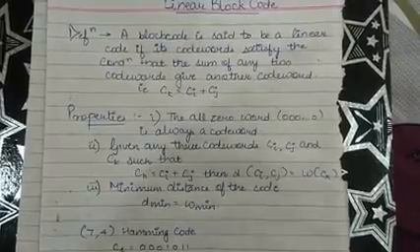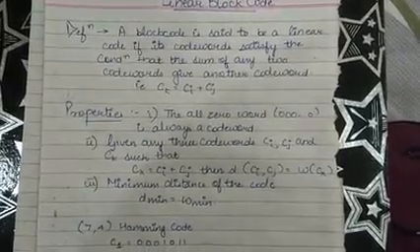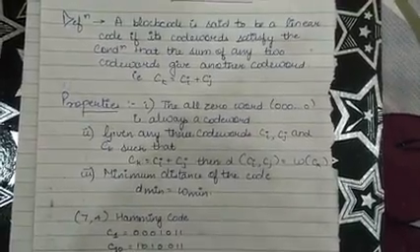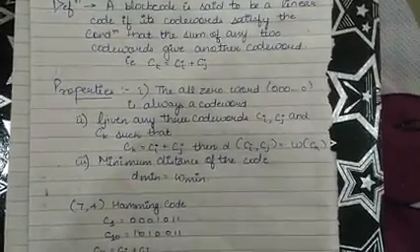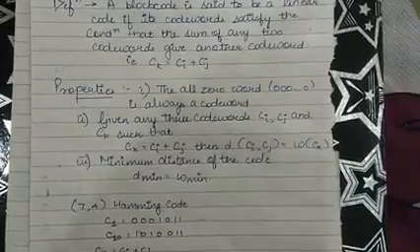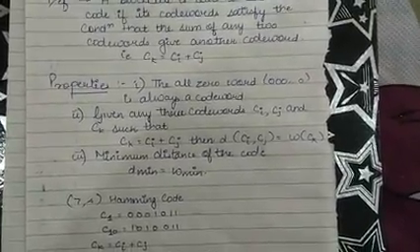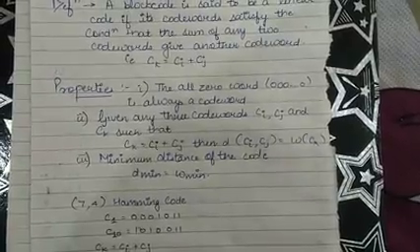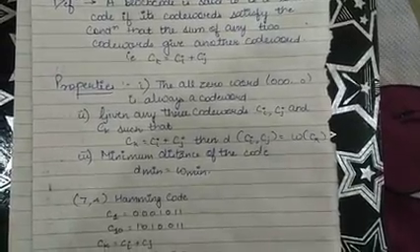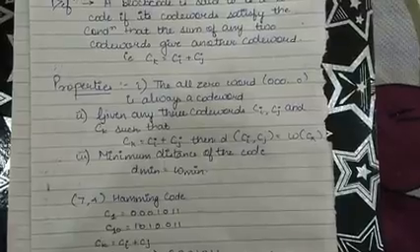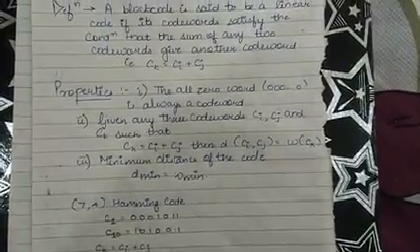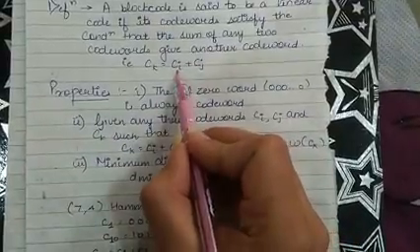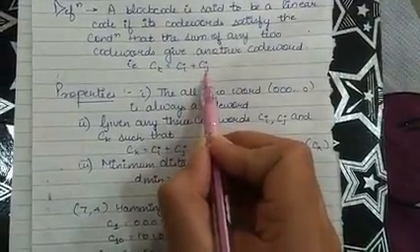Like 0 plus 0 will give me 0, 0 plus 1 will give me 1, 1 plus 0 will give me 1, and 1 plus 1 will give me 0. By using that technique, we will get some values. If those values also give me another code word, then we can say that these are linear codes. Like see, I have one code word Ci and the other code word as Cj.